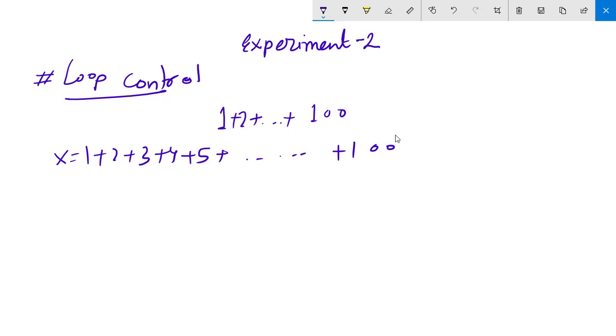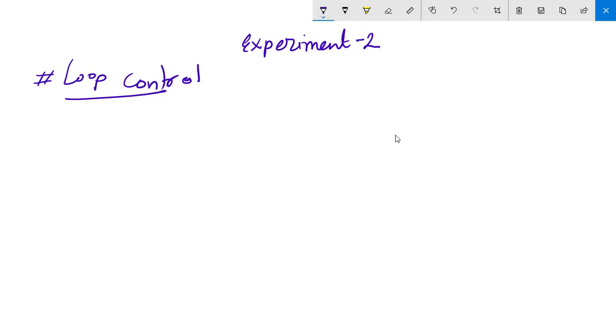That is what we call loop control. In the case of loop control structures, we use either for loop or while loop, or maybe do while loop, but we are not discussing do while in the experiment. Maybe do while is explained in the theory class. We will be confined in for loop and while loop in this session. So let's talk about for loop first and then while loop. Let's say I want to evaluate the sum of first 100 numbers starting from 1 and ending to 100. Okay, so how will we do that?